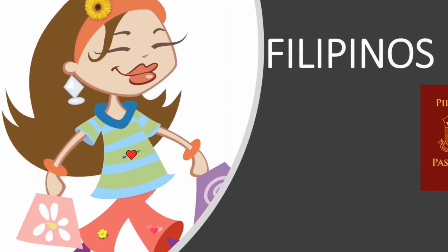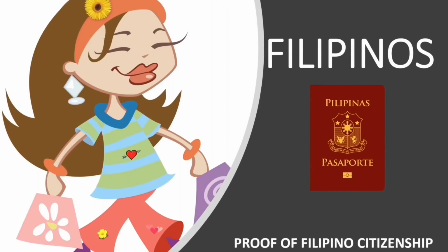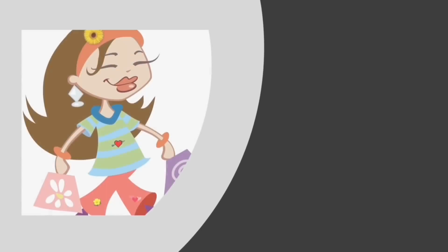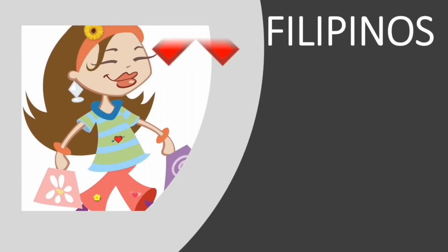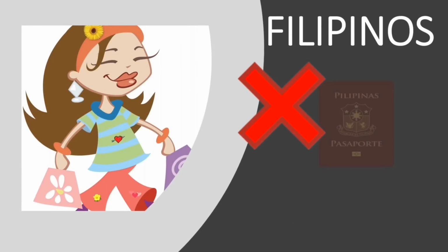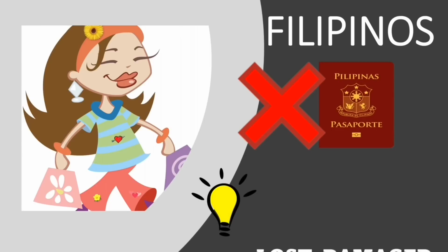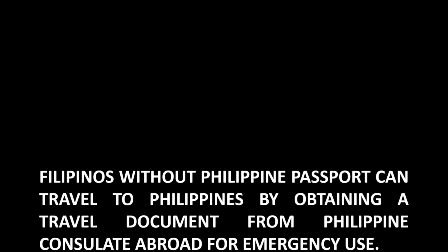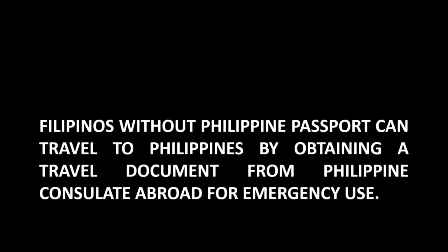Filipinos have the right to travel. You need to present your proof of Filipino citizenship, such as a Philippine passport. However, there are Filipinos whose passport has been lost, damaged, or expired. There is actually a relief or a remedy, so Filipinos without a Philippine passport can travel to the Philippines by obtaining